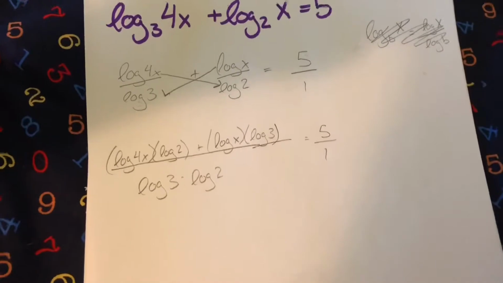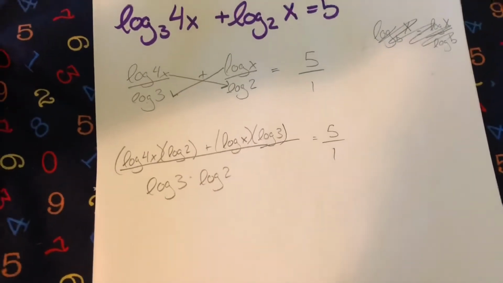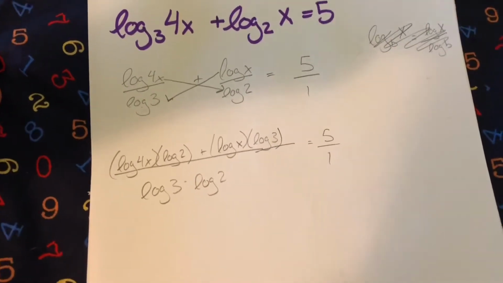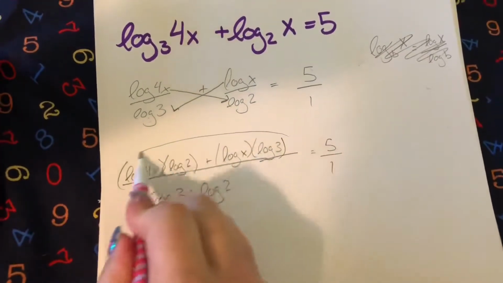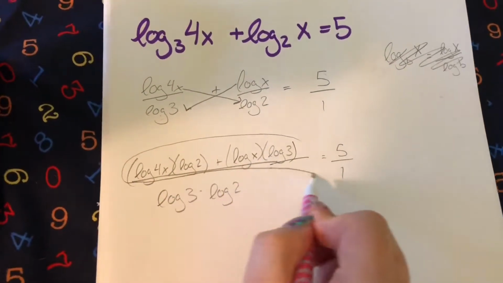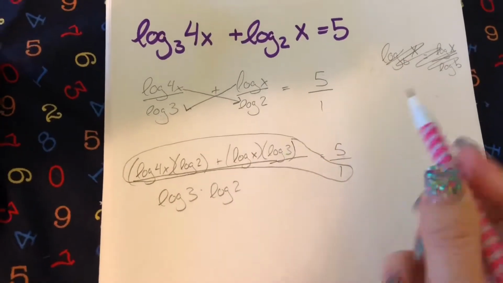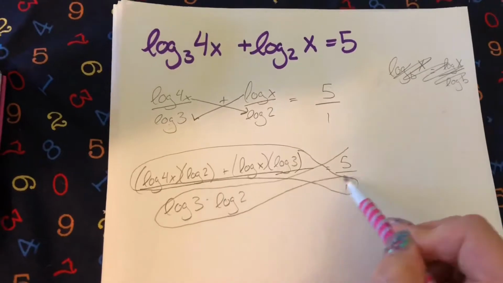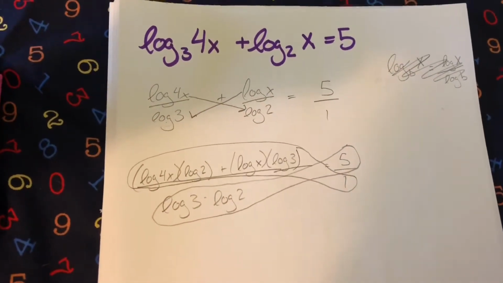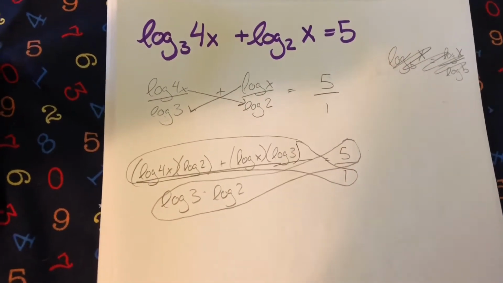There. And then from there, if I was going to solve for x, I'd probably want to cross multiply. So cross multiply is where we're going to multiply all of this numerator by that denominator. And then we're going to multiply this numerator by this denominator. That's called cross multiplying. So then it would say